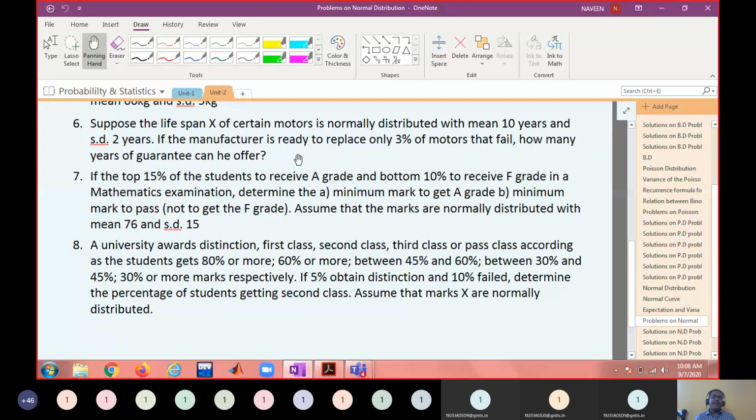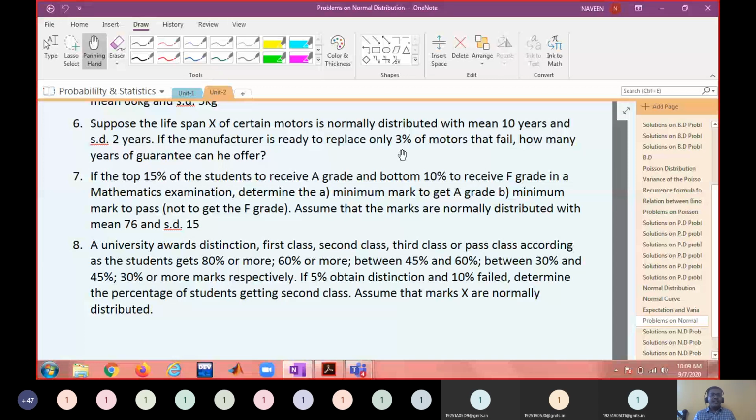Generally you will see on every product there is a warranty period. He cannot give more months or more years as a warranty, because if it fails to meet the warranty, he has to replace the product, and that will be an additional cost to the manufacturer. If he keeps on replacing the products, he will go into huge loss. So manufacturers may put some margin: I want to replace only 3% of the motors, and then I will be comfortable. Even if some products fail to meet the guarantee, within 3% I won't go into loss.